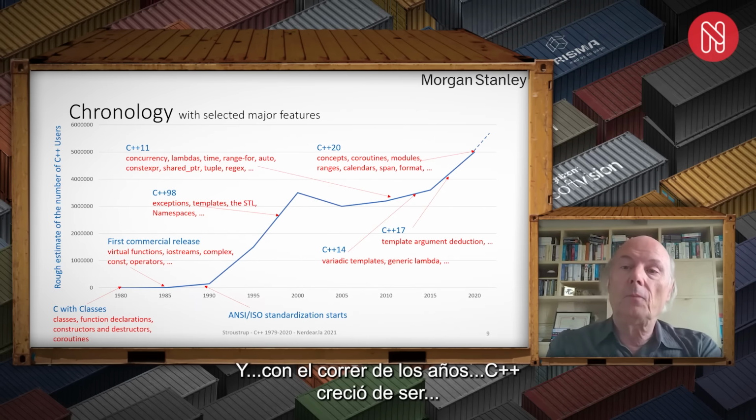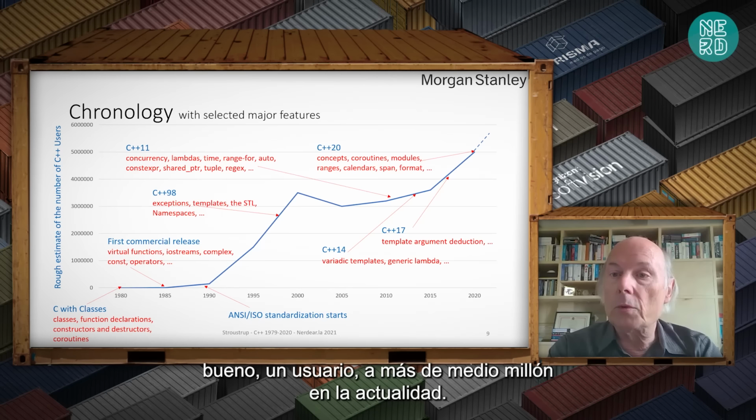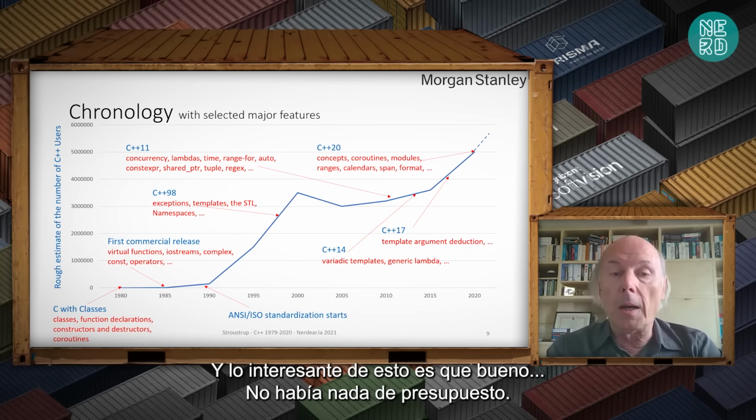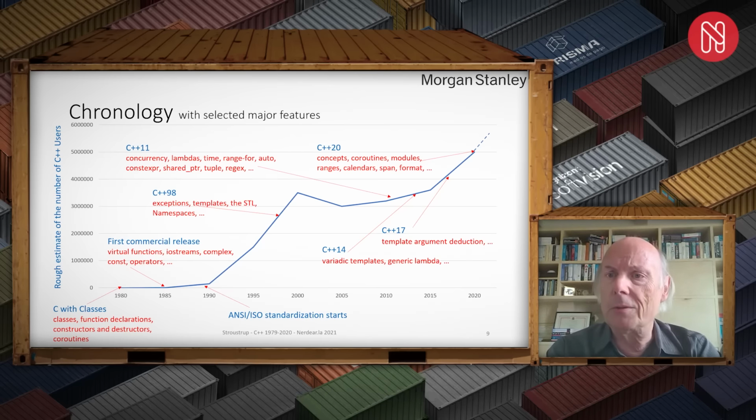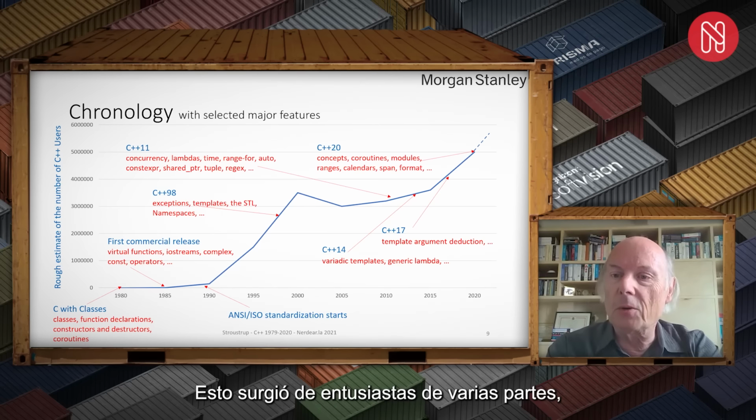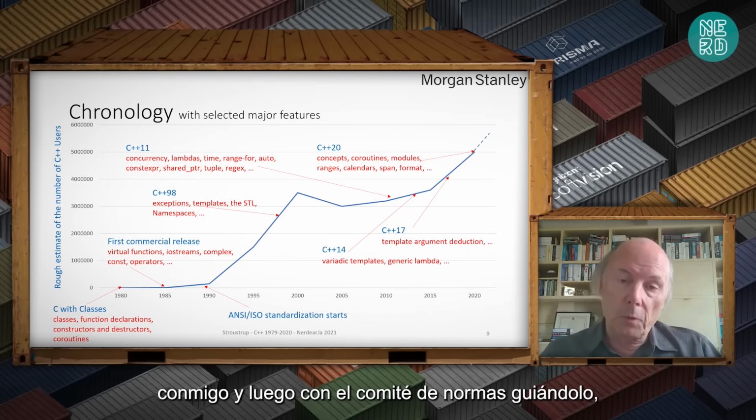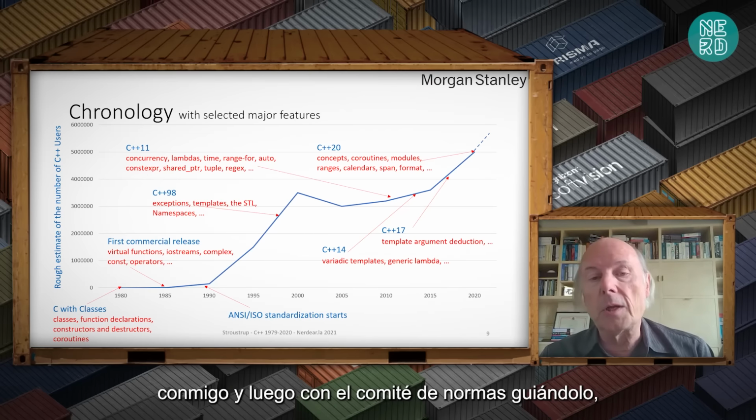And over the years, C++ grew from one user to currently more than 500,000. And the interesting thing here is that there wasn't any budget. This was coming out of enthusiasts in various places with me and later the standards committee guiding it.